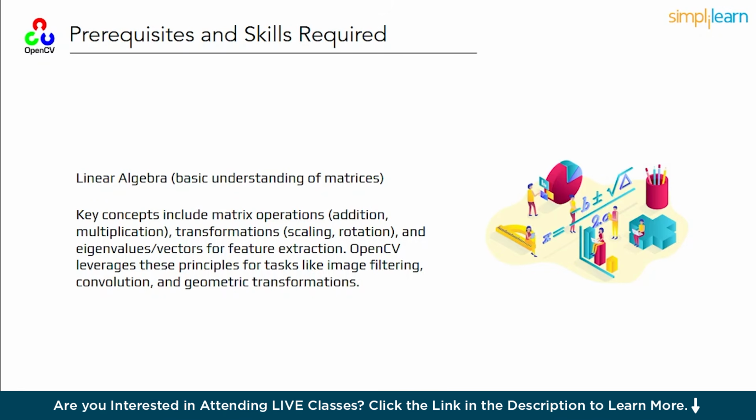In a nutshell, all the processing that we perform on an image would be processing of the image considered as a NumPy array or a matrix, and we will apply certain matrix-based transformations. We'll see some of those transformations in this course as well. These transformations will allow us to perform some operations on an image. This can be filters on the images, convolutions on the images, or any geometric transformations like rotating